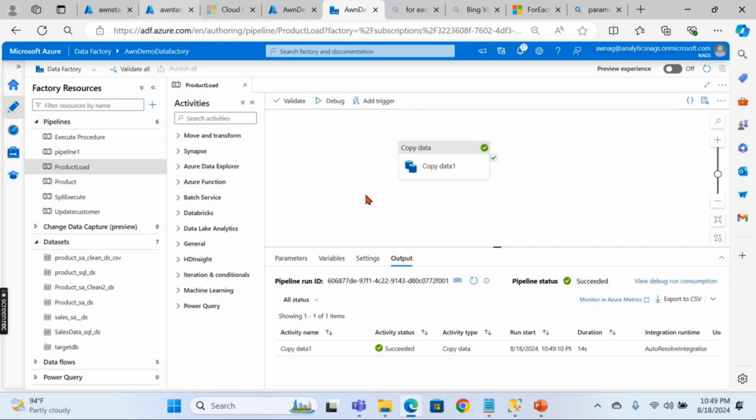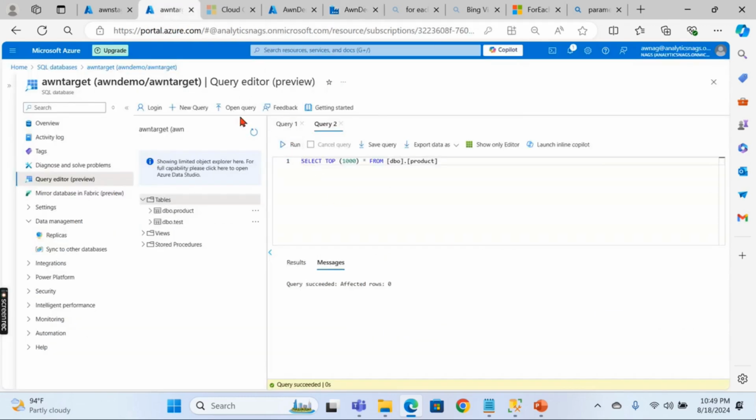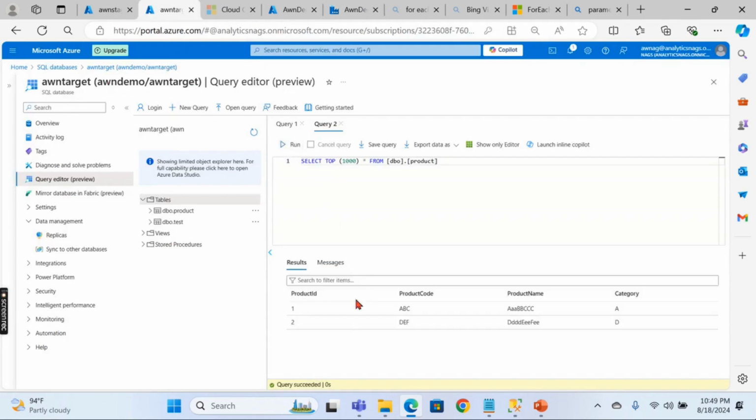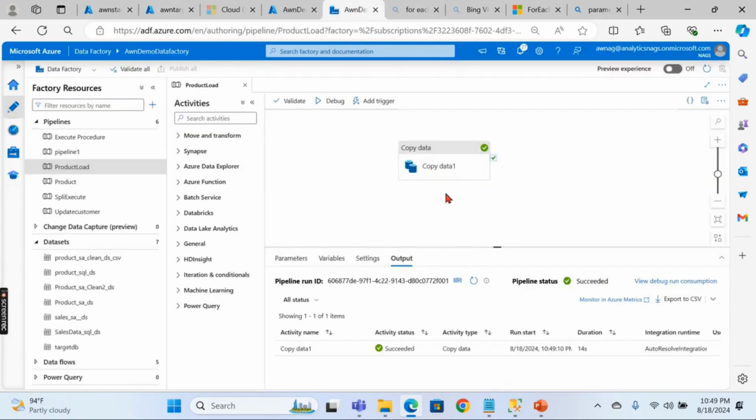Takes a few seconds. So it is successful. Let's try to check out the target. You see I'm in target DB. Now we got the records over here, 2 records. So now in order to load